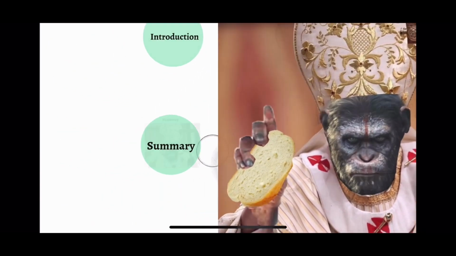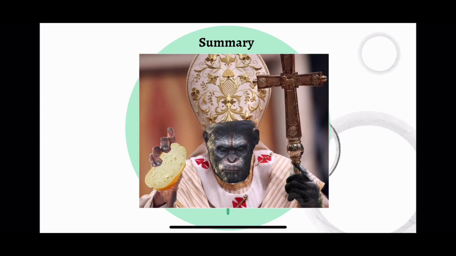And this is all. You see the summary here. It summarizes everything that we just learned. Give it some time, look at the picture and deduce or just infer whatever you can. First thing that comes to mind is that this is an ape who is wearing a pope cap and is holding a loaf of bread, in fact half a loaf of bread.